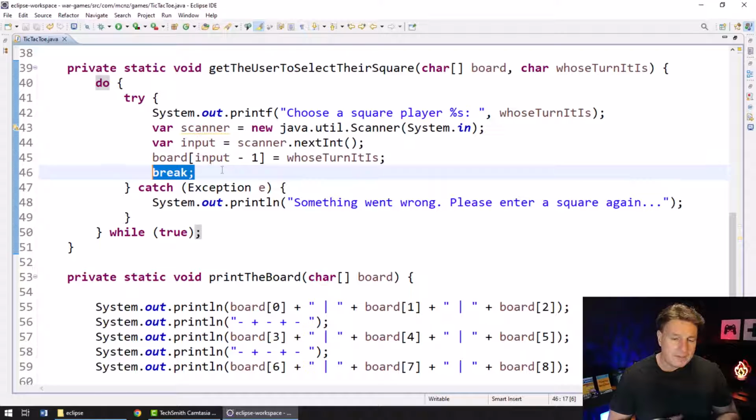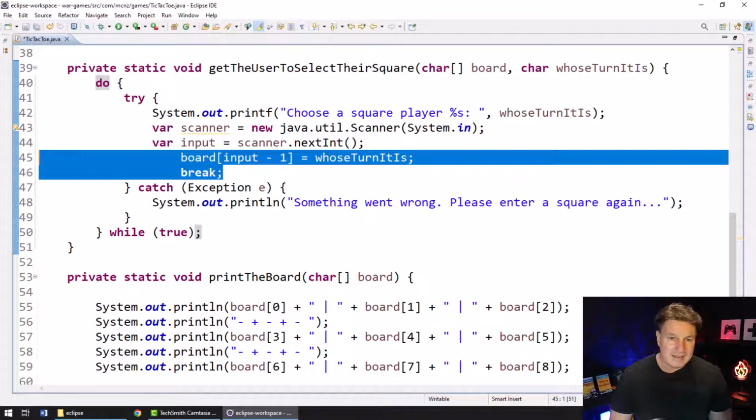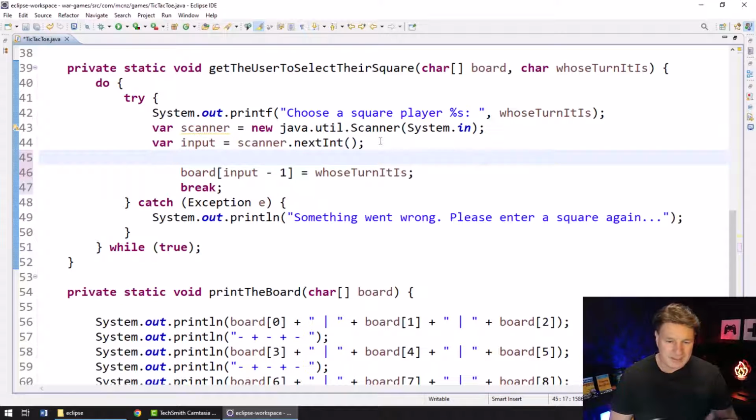But what happens if the user actually selects an element on the board that's already selected? They should only be able to select a number. We'll display 1, 2, 3, 4, 5, 6, 7, 8, 9 on an open board, but eventually those numbers get replaced by X's or O's. And a user can't select a square that's already an X or an O. So we need to actually do this. This little board and break line here, I'm going to indent that in, and I'm going to check to see what the input is. And I'm going to say if